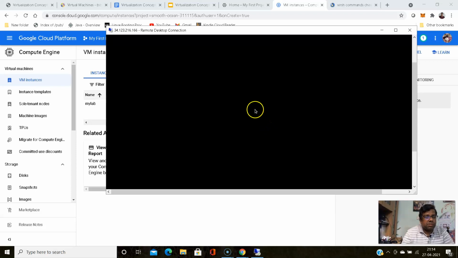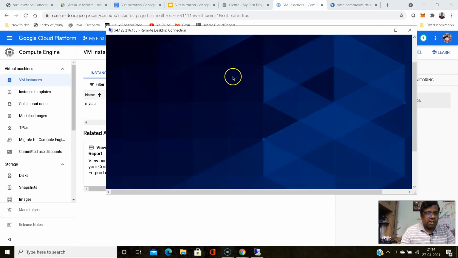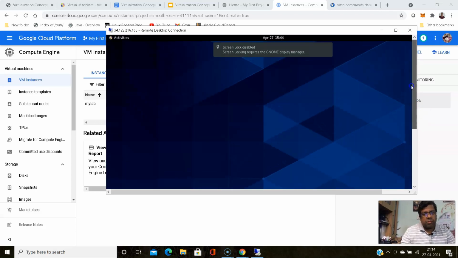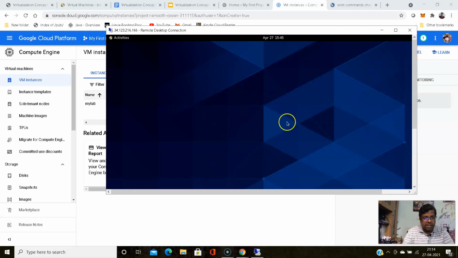I'm accessing the desktop over the internet, so it might be slow. It depends on the speed of my internet connection, and today's connection speed is not that good. Yeah, it's opening. The desktop is open. This is the desktop of the Linux instance that is running on Google Cloud, and within this I have configured our hypervisor box, so you can consider it a physical box for now. If I go there, I can open the graphical manager for KVM.